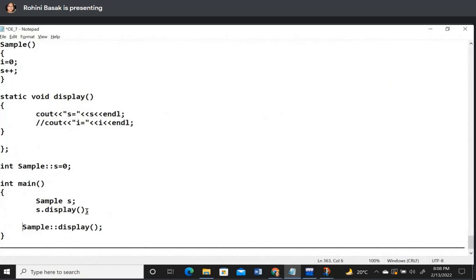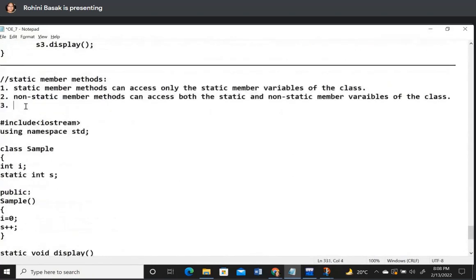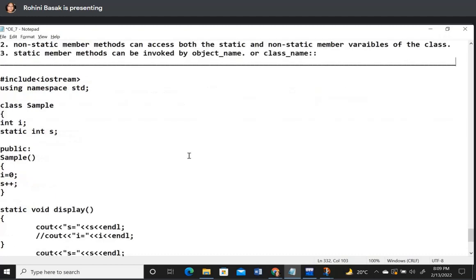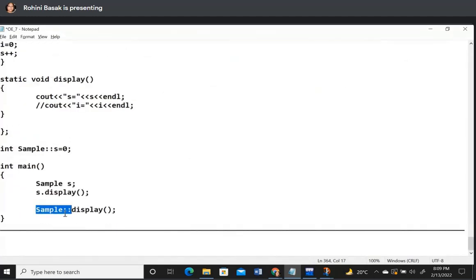কি বললাম তাহলে? স্ট্যাটিক মেম্বার মেথডস ক্যান বি ইনভোকড, এখানে তাহলে লিখি এবার, এখান থেকে কপি করি। Static member methods can be invoked by object followed by dot operator, মানে object name followed by dot operator, or class name followed by scope resolution operator. বুঝতে পারলি তো এরকম করে লিখলে? আমি জাস্ট বোঝার জন্য লিখে দিচ্ছি আর কি। Object name followed by dot operator or class name followed by scope resolution operator, এভাবে লিখলাম।